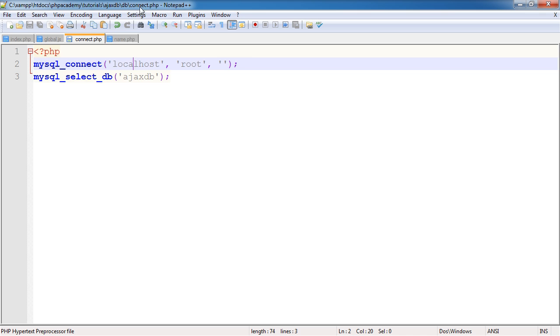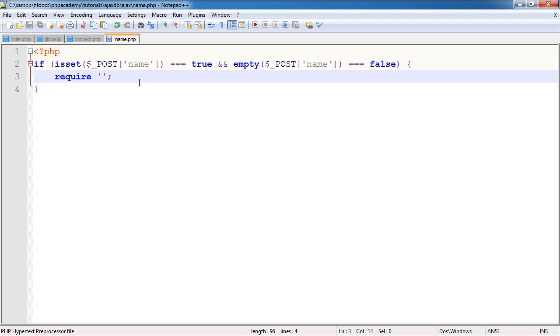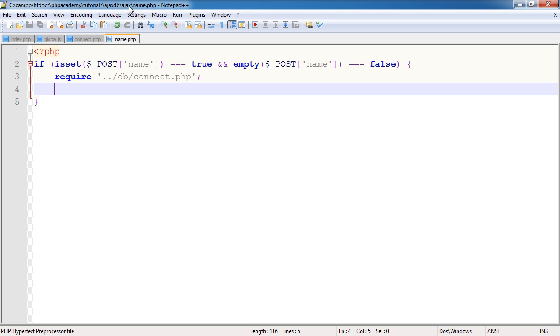That's in db/ and the file is connect. So we need to traverse back a directory, because remember, we're within the AJAX directory now. So we need to go back a directory, then into db, and then require in connect.php. So now, once we've connected to our database, we can query the database and then output the value as long